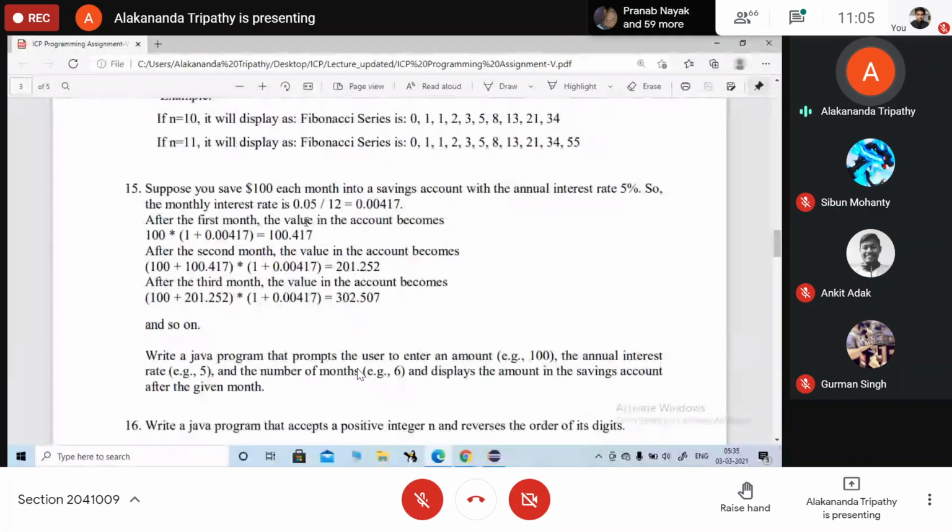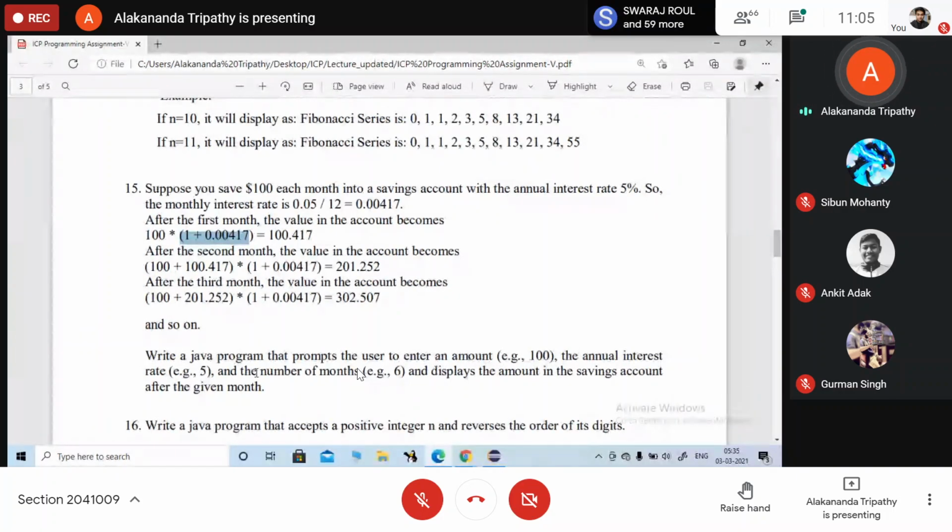Okay, after the first month, the value in the account will become 100 into this one. So, every time you are going to add 100 to it. Okay, so after the second month, 100 plus the value what you have obtained into the current value. Now in the third month, 201 plus 100 into this value. Okay, and so on. So write a Java program that prompts the user to enter the amount, input karega,